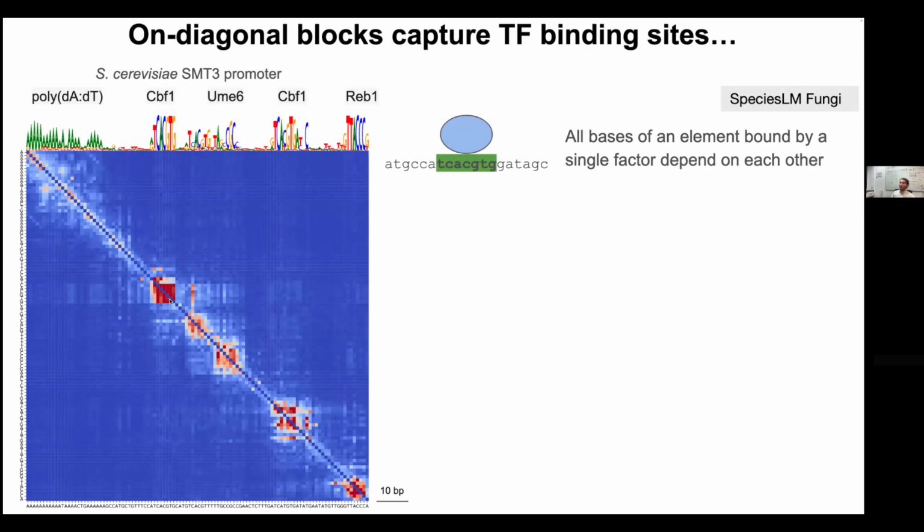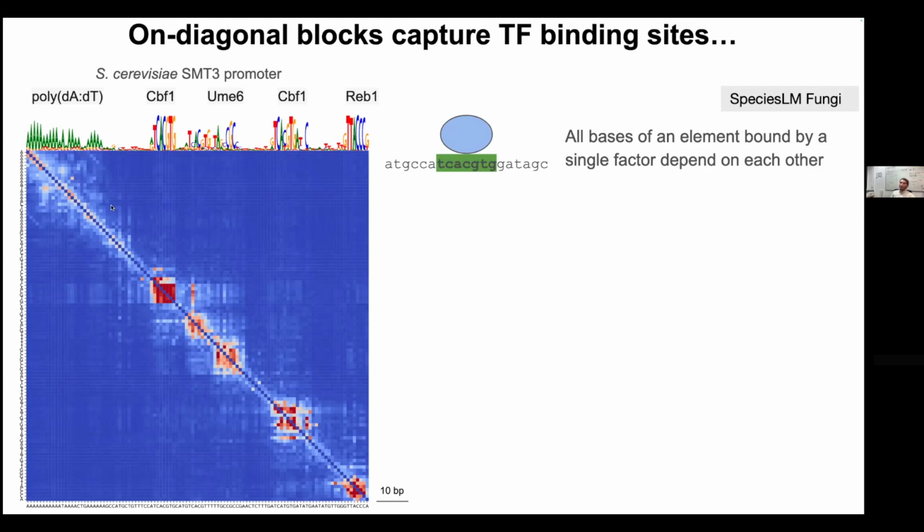And that's because in a motif, all bases are bound by a single factor. So substituting one base will effectively change the meaning of the whole motif, and that's captured by the model and the dependencies. And that is in contrast with other highly reconstructed regions, like this poly-DA region,